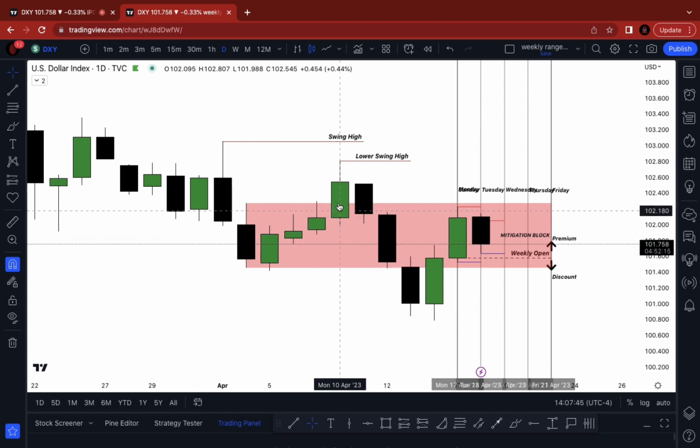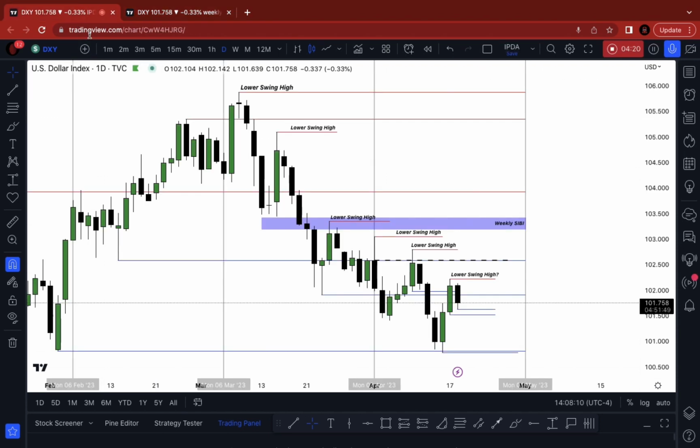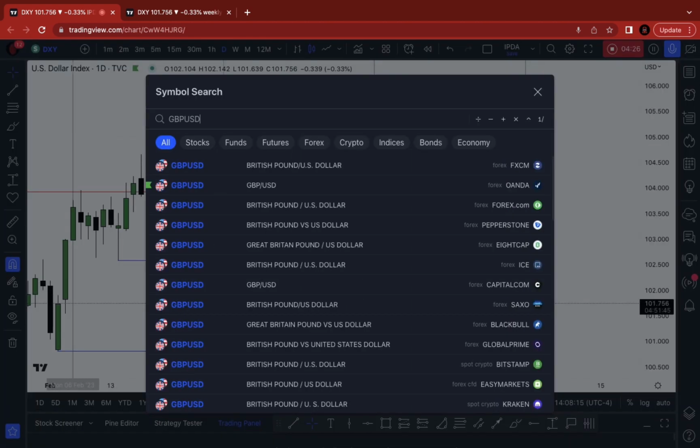We have a bearish order block theory here, price trading up into the last up close candle before the drop down here. You have this as well, so this could also be a propulsion block, price coming down back into this with an up close, and then price coming down and back into this as another order block theory, propulsion block. All in all, I still speculate lower prices for DXY and higher prices for our foreign currency pairs like GU, EU, NU. So if we look at British pound versus US dollar,